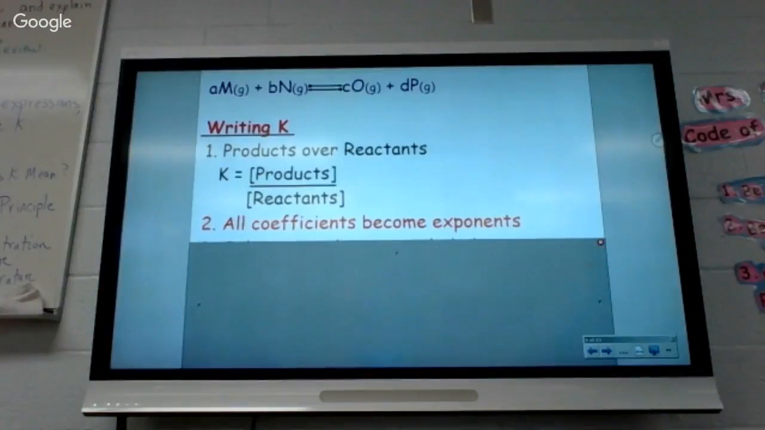Number 2, all coefficients become exponents. So if you have some exponents, you got to make them coefficients. If you don't have any coefficients, you don't have any exponents. So on equations that all have 1s, it makes it easy. You don't have any coefficients to deal with. You don't have any exponents. But if you have 2s or you have 3s, then you got to have squares and you got to have